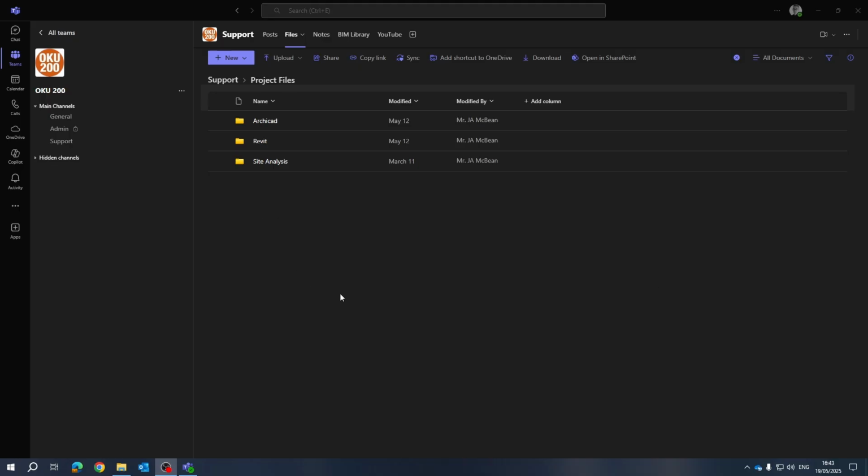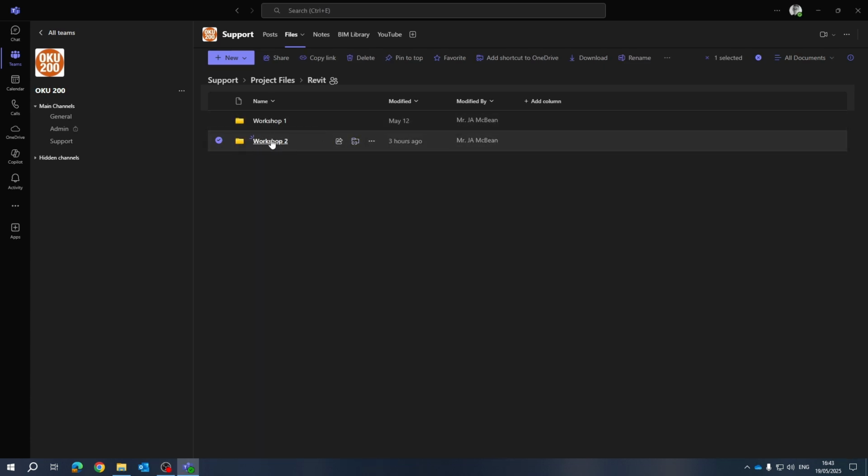Good day, students. In this workshop, you'll need to navigate to Revit. Workshop 2, I want you to download this folder. Just use the download icon over here, or click on these dots and use the download function. So download this